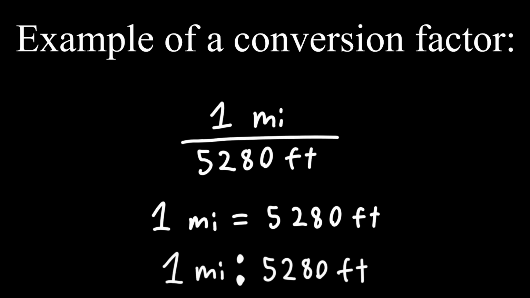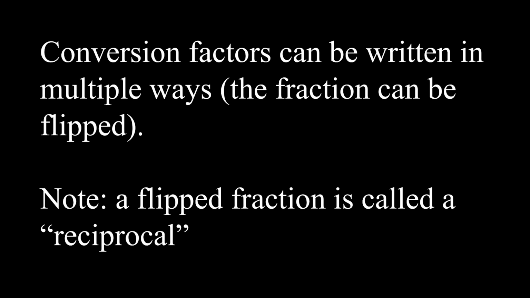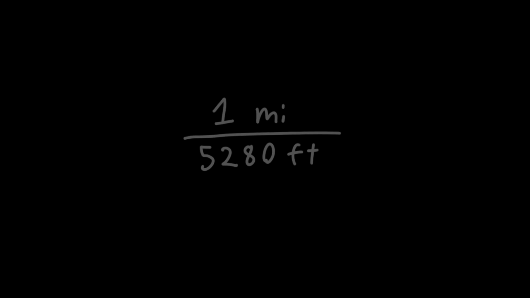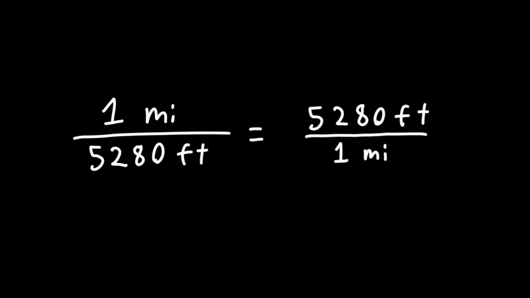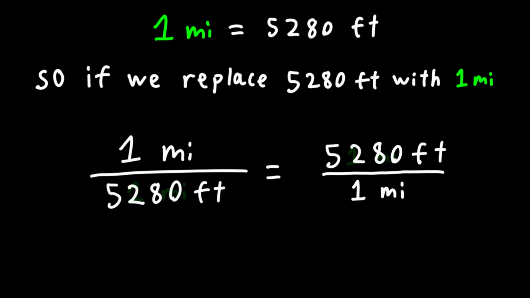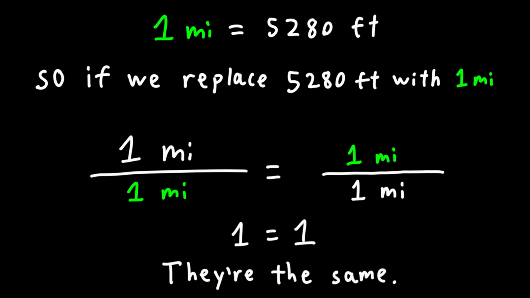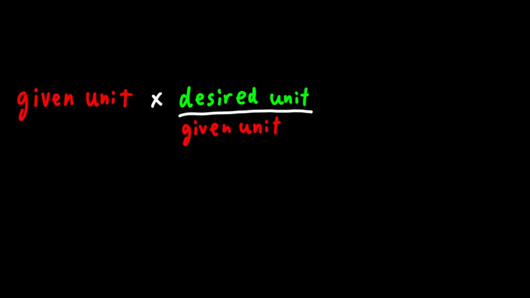If you think about it, this is really just a ratio in fractional form. Also, note that a conversion factor can be written in multiple ways. So, for example, 1 mile over 5,280 feet can also be written as 5,280 feet over 1 mile. Nothing changes because the ratio is still the same, just written differently. In dimensional analysis, the goal is to multiply or divide units into each other and have equivalent units cancel out. This may be difficult to comprehend through words, so let's do some examples.